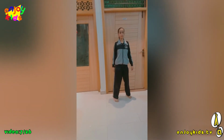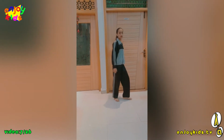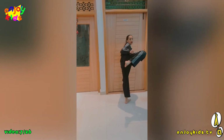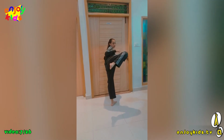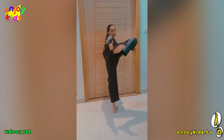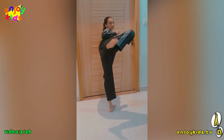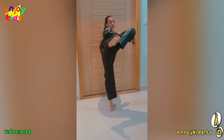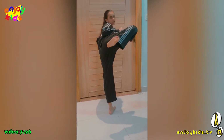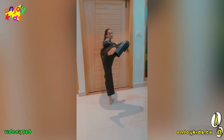In this, what you have to do is take support from any door or any wall. You have to uplift your left leg and hold it as high as you can. You have to lift your knee like this. Your foot should be like a blade and you should make a balance like this. This is a balancing exercise. You can try this at 1, 2, 3, 4, 5, 6, 7, 8, 9, 10, 11, 12, 13, 14,